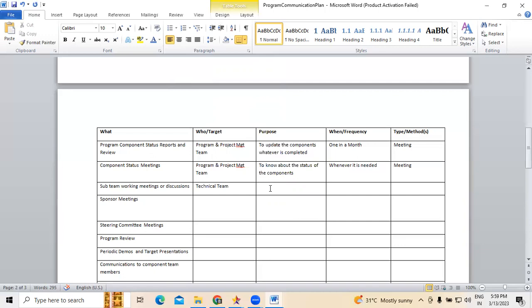I can say simply implementation team. What was the purpose behind that? The purpose is alignment, to ensure that whatever is being planned technically is being achieved, and if there are any gaps, what needs to be done. How frequent is this? Need based, or it can also be at a regular cadence. Need based I can mention.